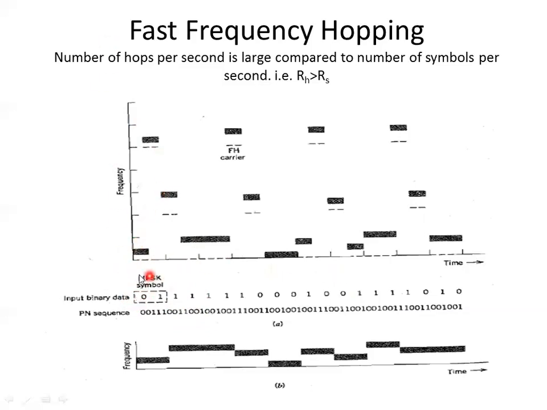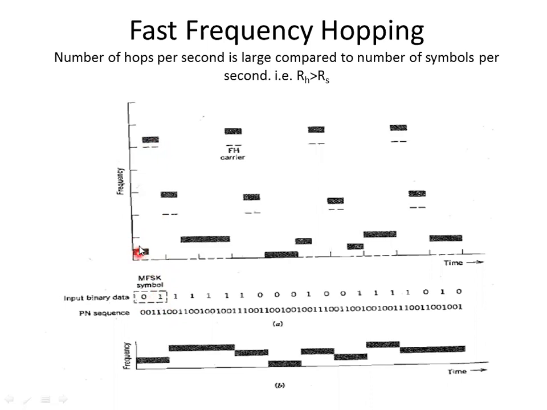Here you can see, here to here is one hop, correct? So from here to here, two hops, correct? Which are those two hops? One hop with frequency F1, second hop with frequency F6. So in the first hop with frequency F1, which symbol is transmitted? 0, 1. Second hop with frequency F6, 1, 1, 0, it's here. The same symbol, 0, 1, is transmitted in two hops, F1 hop and F6.